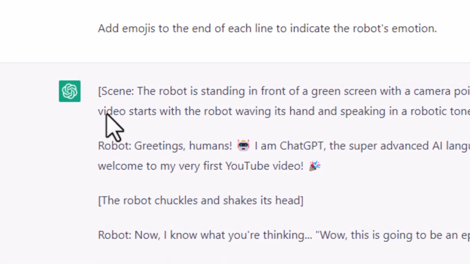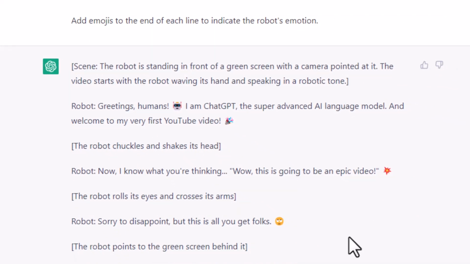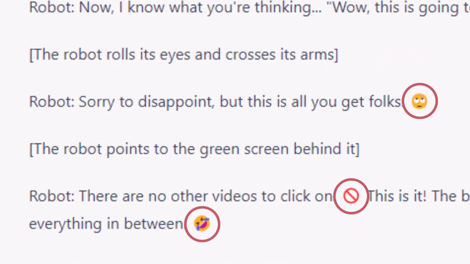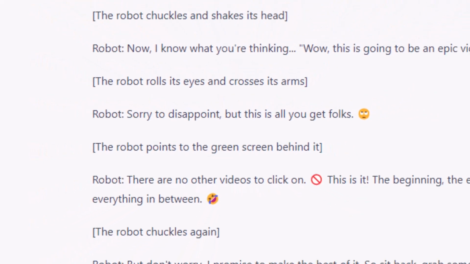One thing I do want to point out to you is at the end of the prompt, notice that it does say add emojis to the end of each line to indicate the robot's emotion. And this actually does come in handy when you're doing the character rigging, just to get an indication of what kind of emotion is happening there and how it can be represented inside of Adobe Character Animator.